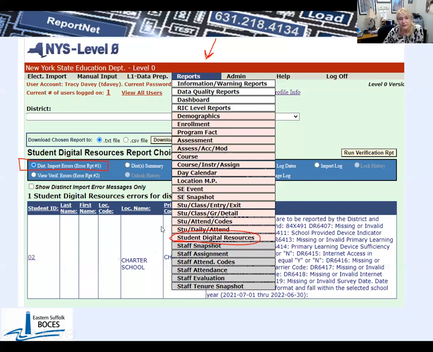When you're looking at this list of errors, there's a couple of great things on the screen here I want to point out. If you have hundreds of errors, and I know it happens when it comes to student daily attendance with tens of thousands of records, it wouldn't be surprising to have thousands of errors. You can see the distinct message here. And by tapping on that, so let's say you had 500 errors, and then you see one message in the end that says the survey date, like, well, let's say by mistake you put in